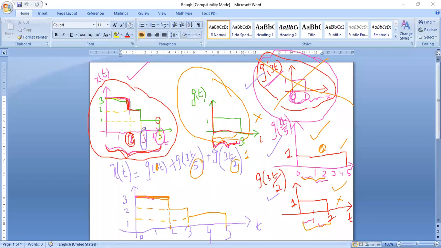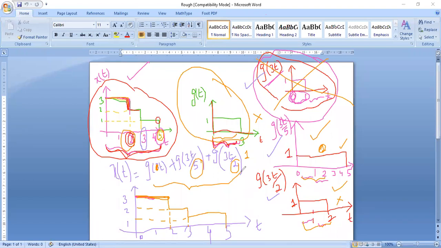You know why we are doing 1 by 5, 1 by 2? Because in x of t, we could see there is some change in the amplitude levels at 2 and 5. Because of that, we are performing g of 3t by 5 and g of 3t by 2. After doing that, I added g of 3t plus the remaining two diagrams. But when I add it, I am not getting the output as per the question.